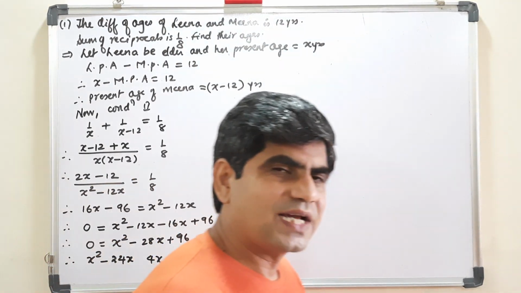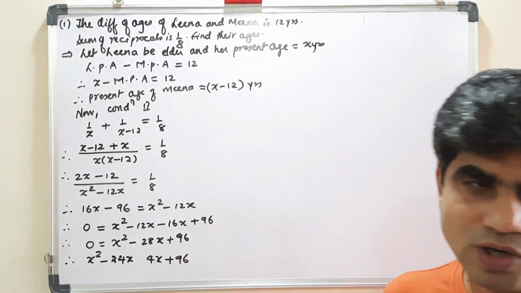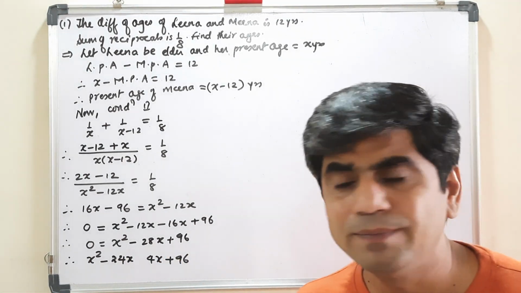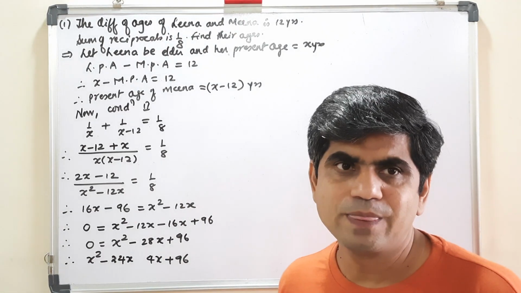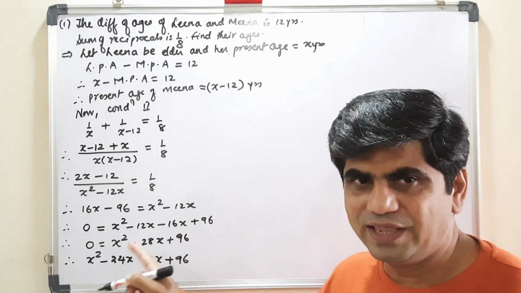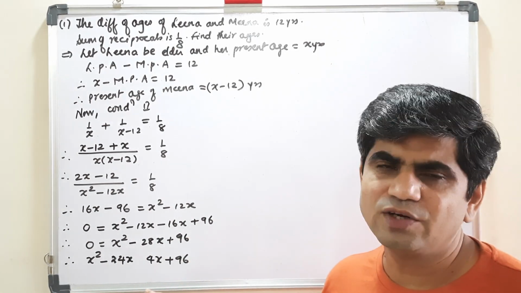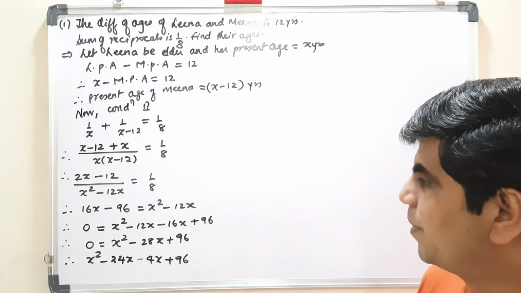Now what I am doing is factorizing it. I got the factors 24 and 4. What are we going to do with them? I am going to add them, that is, 24 and 4 I need to add. If I make this sign plus here, will they add? Obviously not. So I have to take this minus only. Now make the pairing.